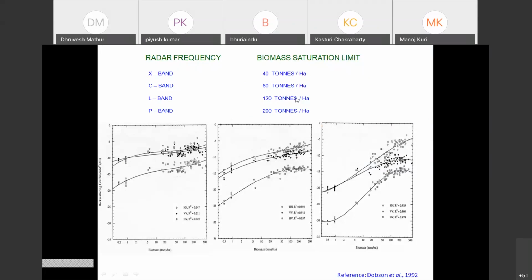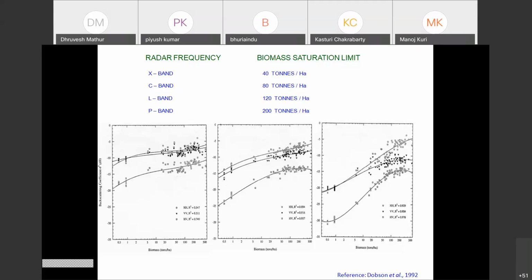L band can go for mapping up to 120 tons. P band can map up to 200 tons. So that is the advantage over the optical, where optical we will go up to say 80 to 100. So using SAR, we can go up to mapping of the higher density and the higher